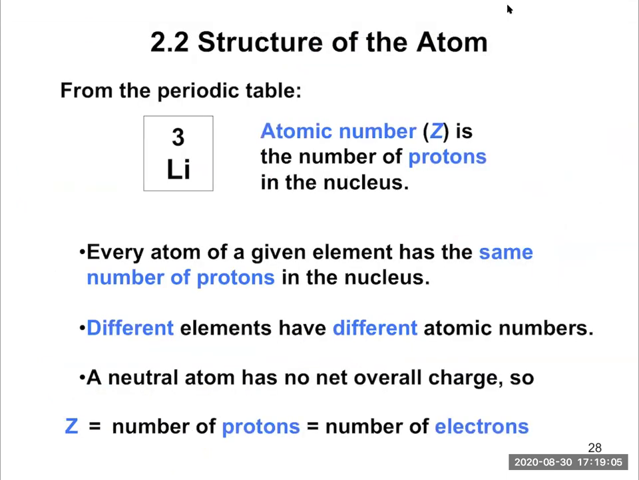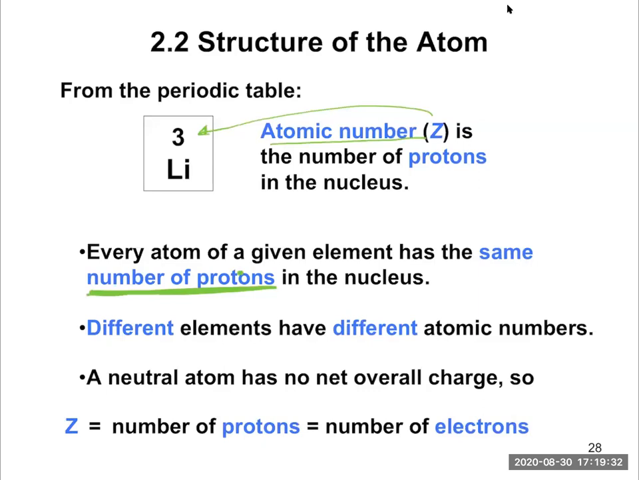Okay, so as you can see, we're going to use Z to represent the atomic number. So lithium, the atomic number is 3. What that means is that it has 3 protons in the nucleus. Every atom of a given element has the same number of protons in the nucleus. The reason this statement is important is because we're going to be talking about